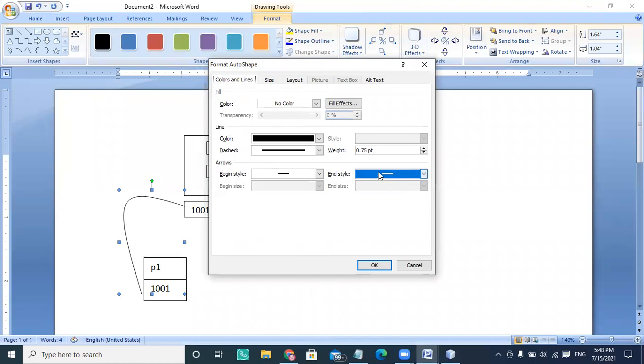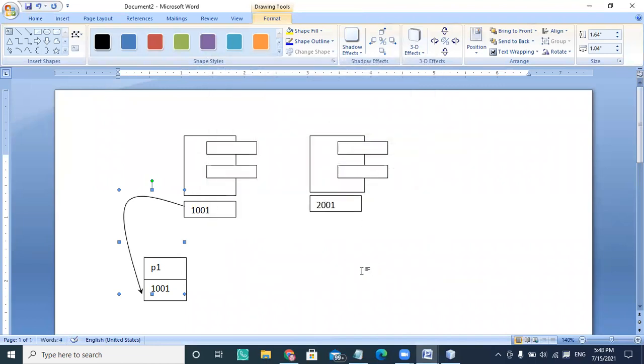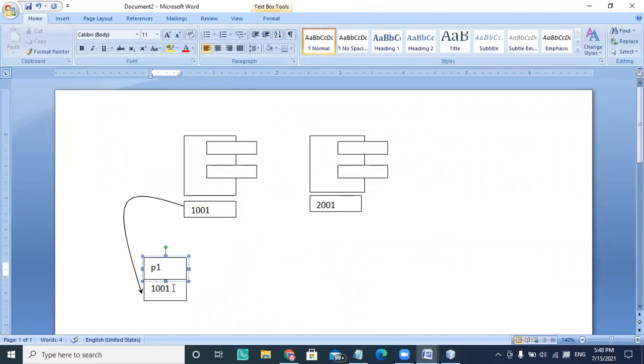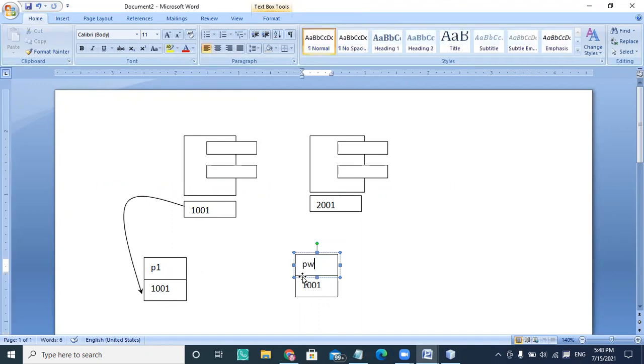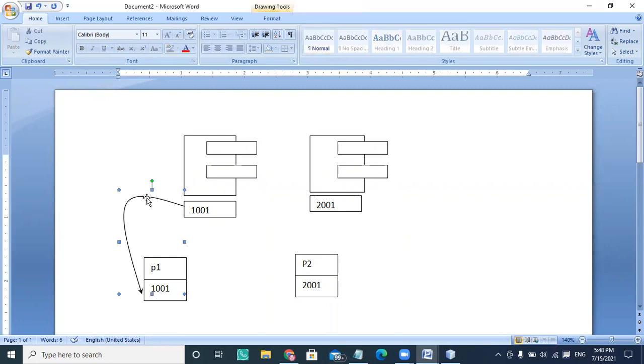So P1 is referring to that address. I can say P1 is a reference of the object whose address is 1001. Similarly, P2 is a reference of the object with address 2001 here.